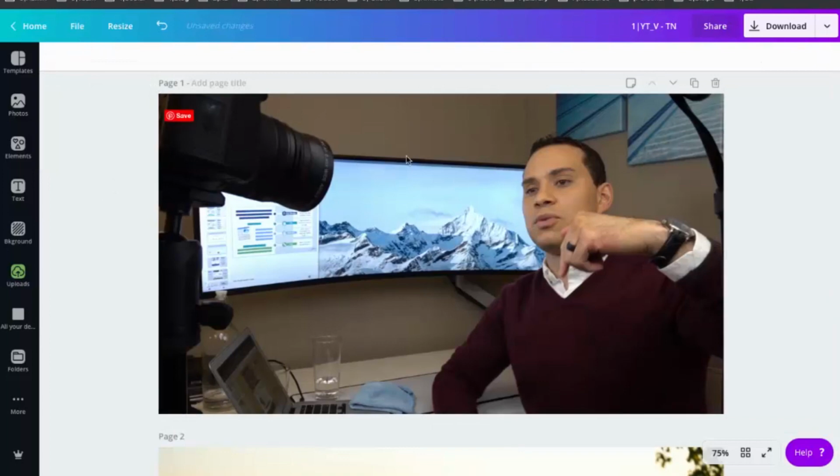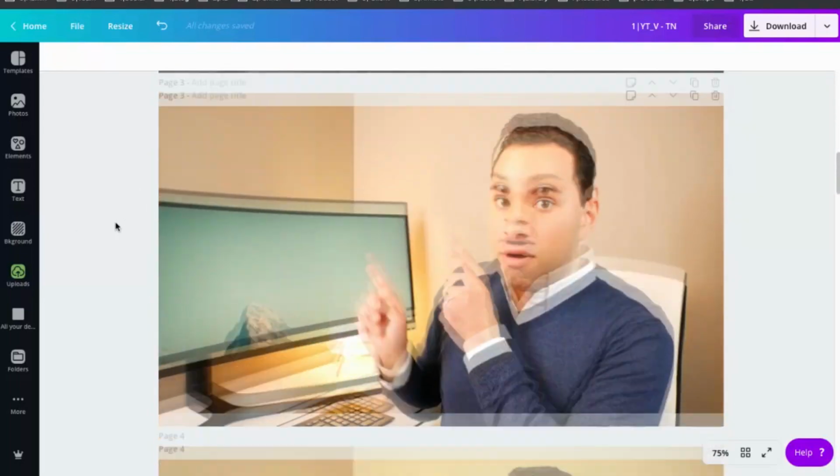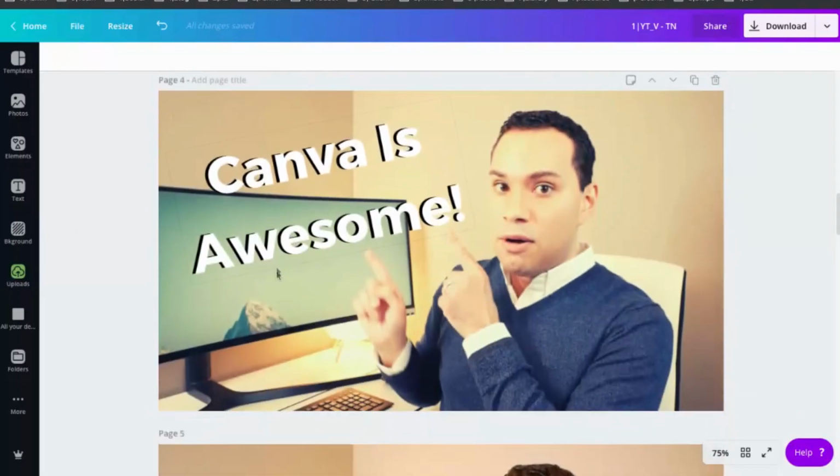And now what we can do is go ahead and add our text. So we have a couple options for adding text. To save us some time, I'm just going to scroll down here so you can see some previous examples. So one of the most basic things you can do is just add white text, and then you duplicate that white text and put it a little off center so that it looks like it has a shadow, and it's very easy to read pretty much with any color background.